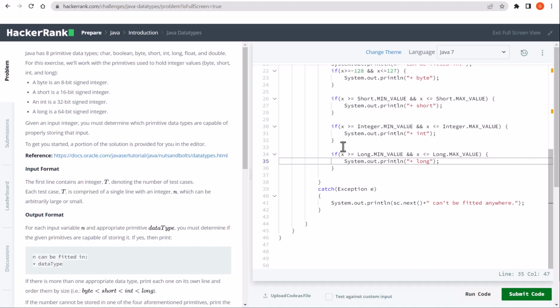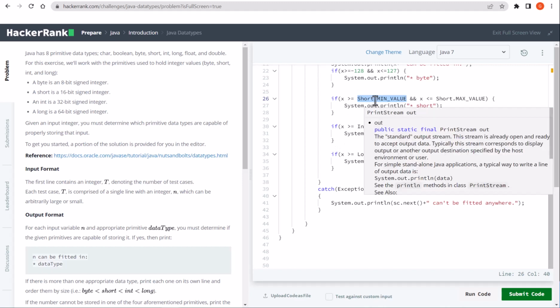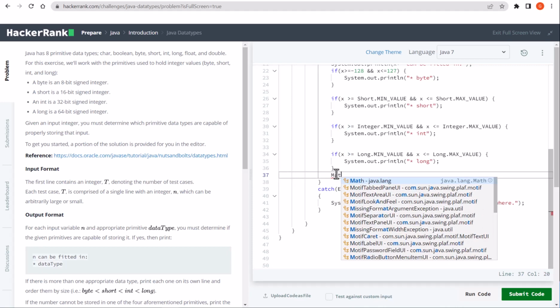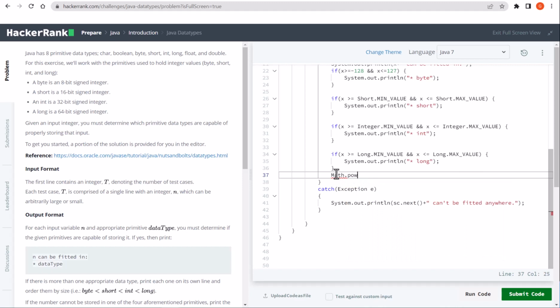I think the main takeaway from this challenge is that we have to determine the min and max values and compare them using these signs, and also using the if conditions. We could also use Math.pow,